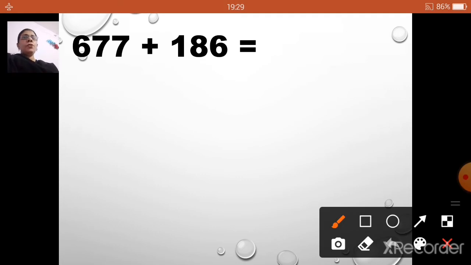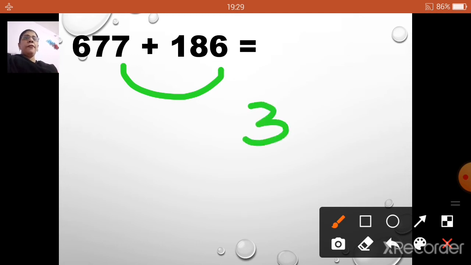Okay. So now units with units, that is 7 and 6. So after 7, children, add 6 more fingers: 8, 9, 10, 11, 12 and 13. So for 13, what will I do? I will write only 3 and I will carry over 1 onto the 7.